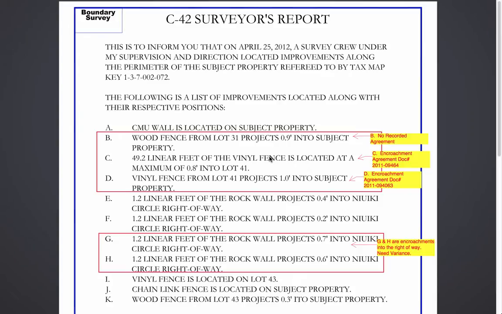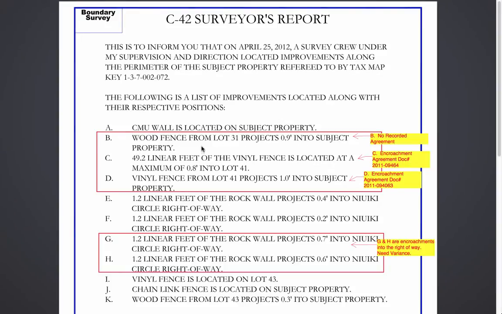So 6 inches is the allowable amount of space that you could be encroaching into your neighbor, or your neighbor can be encroaching into you. So 0.5 is half a foot, and that's why we say 6 inches. So 6 inches is half a foot. So anything over 0.5, which most of the time you'll see a surveyor use the point system here, anything over 0.5 would be considered an encroachment, and you would want to just go ahead and highlight that,